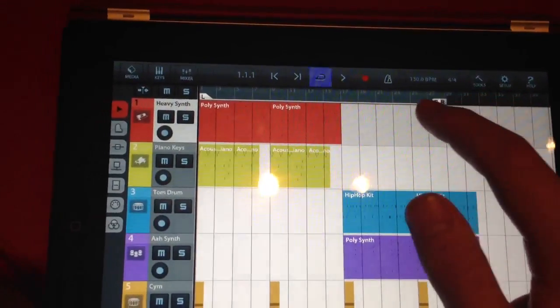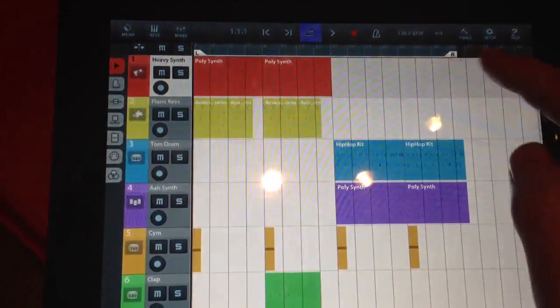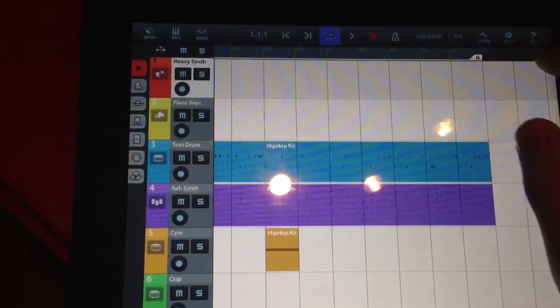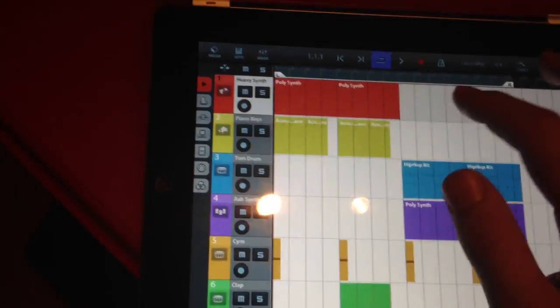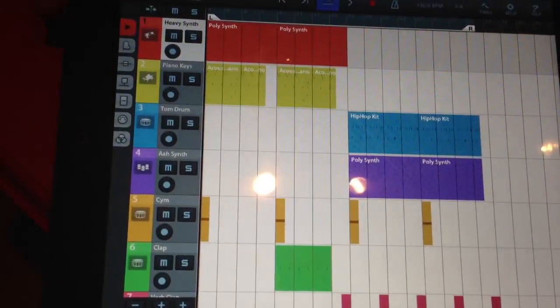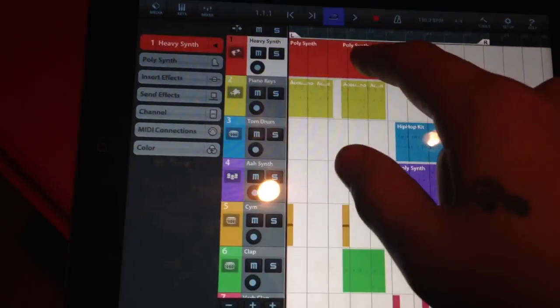This is the line where it shows what's being played. Let me get that back, okay. So man, yeah, this thing is clean as hell. And then let's just say we go back over here, and for this sound I use like a